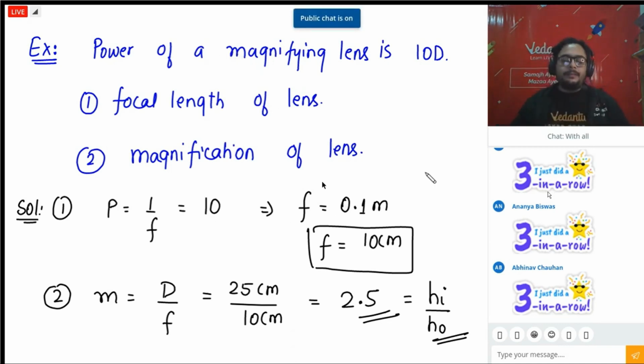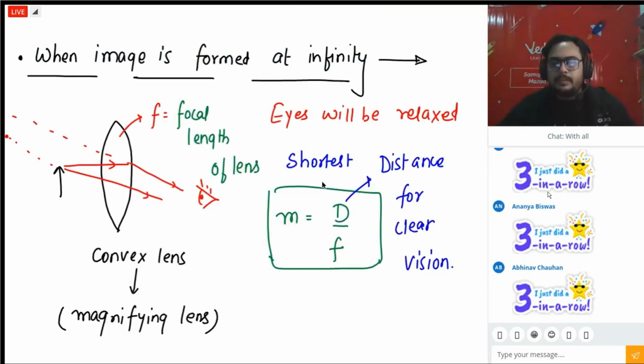Tell me, is it clear? Is it clear or not? Speak up. Vishal ji wants to see the previous slide, sorry, not the previous class. Yes, Kushdeep, I have already put the previous slide as demanded. Abhishek, the formula is that power is the reciprocal of focal length. That was taught in the previous class.